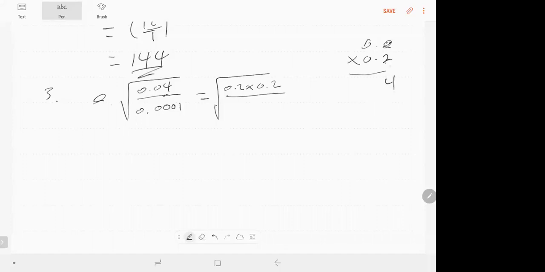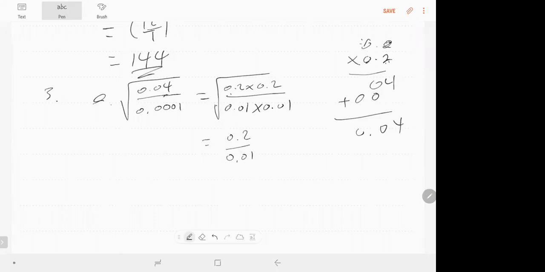2 times 2 is 4 ይመጣል፣ 2 times 0 is 0፣ 0 times 0 0 ይመጣል። 0.0001 ማለት ደግሞ ወደ ፍራክሽን ስትለውጡት 1 over 10000 ማለት ነው፣ ወደ ዴሲማል ስትለውጡት ደግሞ 0.01 times 0.01 ይሆናል። በዚህ መንገድ መስራት ይችላል። As a product of two same factors ከተጻፈ, one of the factors ማለት የዛ ስኩዌር ሩት ነው ብለናል፣ so ይሄ ከስኩዌር ሲወጣ 0.2 ይሆናል ይሄ ደግሞ 0.01 ይሆናል።